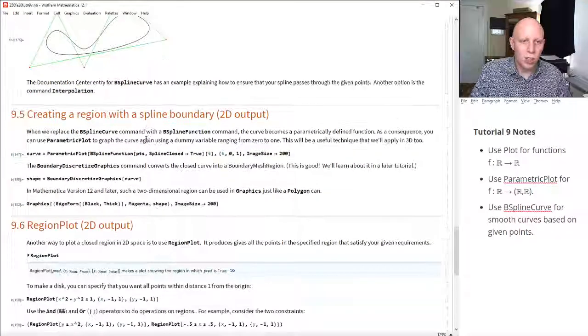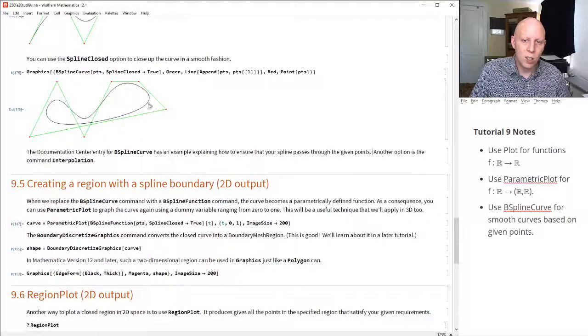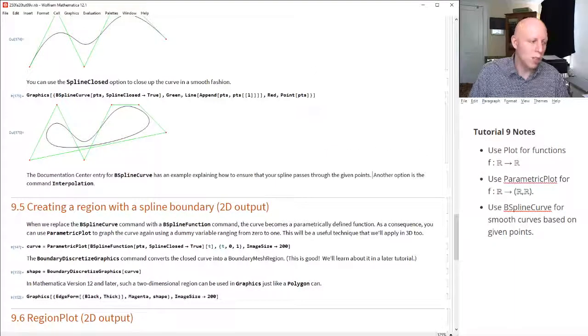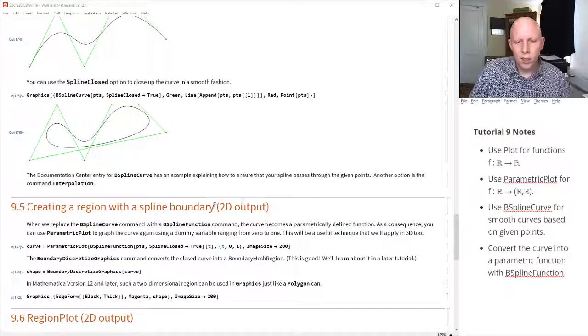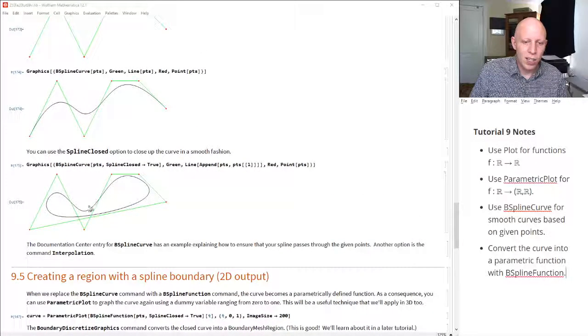But what I'd really like to show you is how you can take this curve and then turn it into basically a polygon of that shape. All right, so there's two parts to this. The first part is that we're going to take this curve, right now is a graphics primitive by itself. It's just this curve. And what we're going to do is we're going to turn this curve into a function